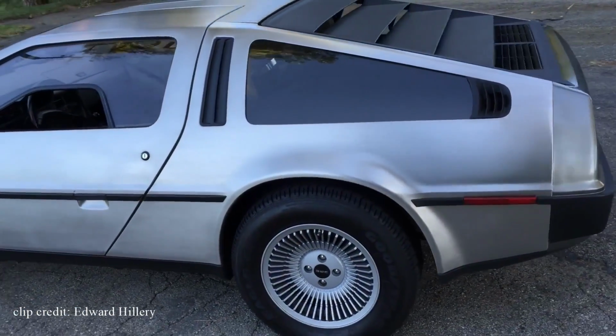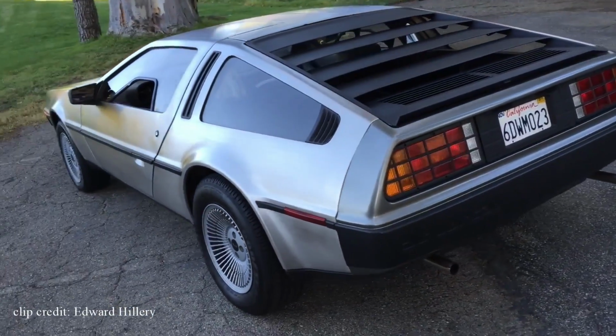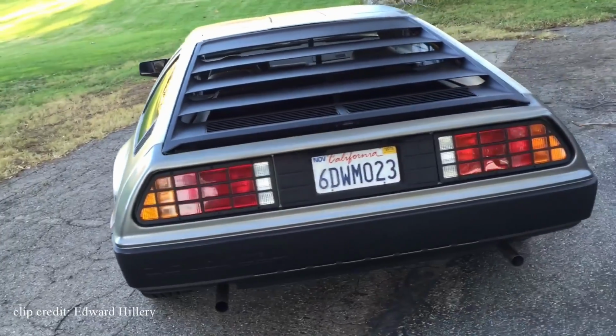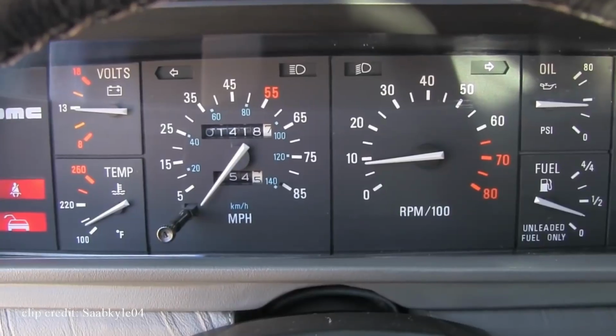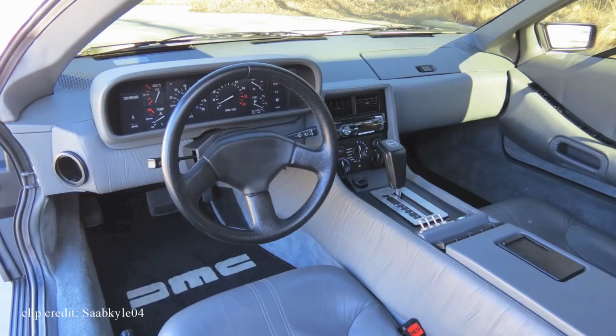0 to 60 happens in 8.8 seconds, while some say it'll take more than 10 seconds if equipped with the automatic transmission. Its top speed is apparently 130 miles per hour. But get this, you wouldn't be able to tell by looking at its speedometer, which only displayed 85 miles per hour. Either way, for a car that attracts more attention than a passing Ferrari, the DeLorean is a huge letdown